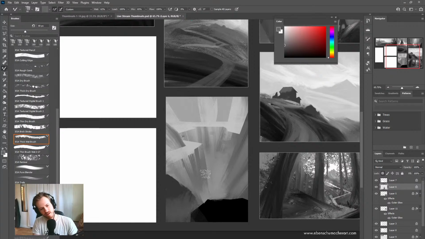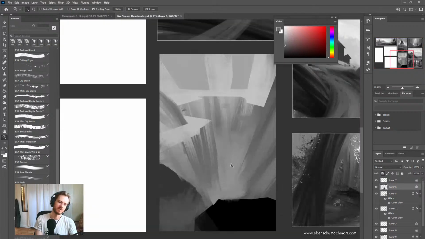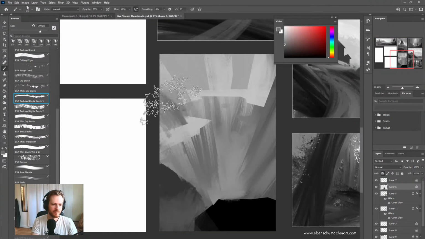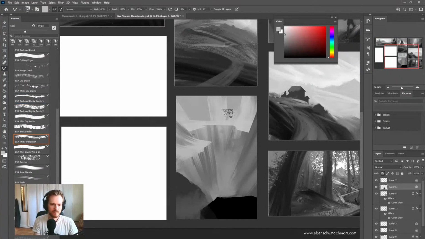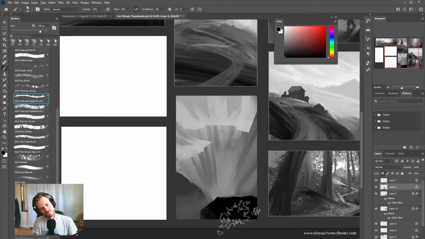You kind of pull down that lighter value, get some texture there. So we have kind of a hole in the earth here. And just to give things a bit of a twist here,